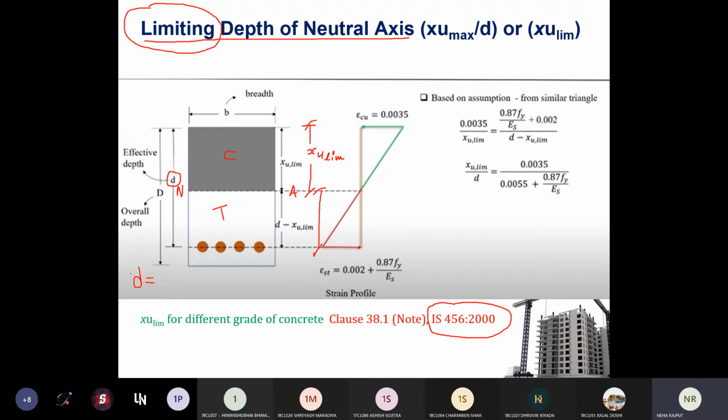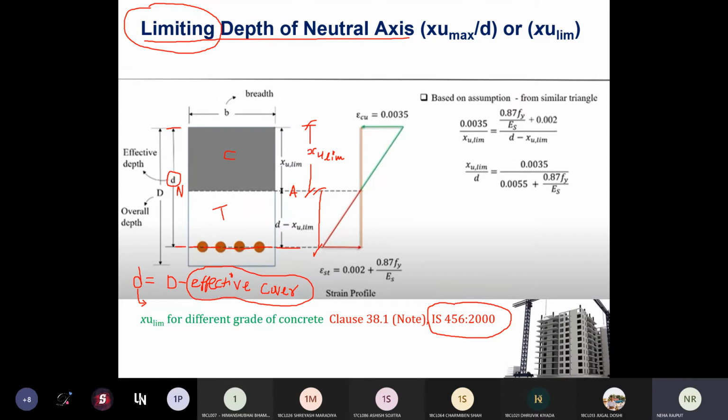Again, this small d you won't see on an actual site, आपको small d ऐसा कुछ नहीं मिलेगा, right? But for the design we always require this small d value for the calculation. And what is this small d? Small d is overall depth minus effective cover. I will explain in detail in the design part, but just remember that small d is the distance from the top of the section to the center of your reinforcement, उतना जो डिस्टेंस होगा उसको हम स्मॉल d बोलेंगे.